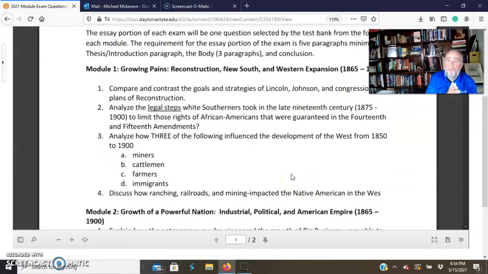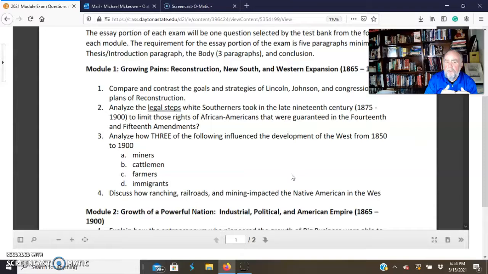When you open up the exam and take it, you're going to have 75 minutes. You're first going to see 25 multiple choice questions taken from the quiz bank, and a lot of these are questions that I wrote. The other 4 are essay questions. That would be question number 26 on the exam. I would highly recommend that you skip 1 through 25 and start on the essay portion first. Now, 75 minutes is more than enough time. It's the same amount of time you would have if you were sitting in my face-to-face class taking the same exam.